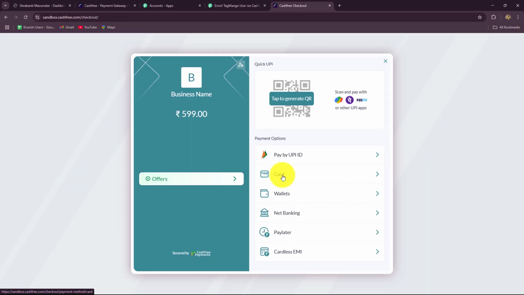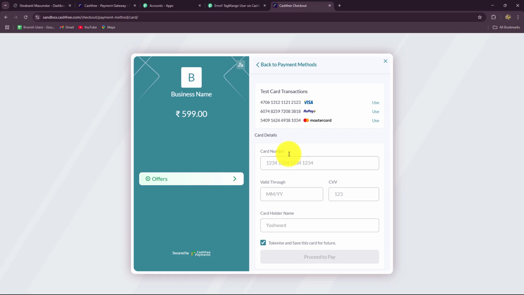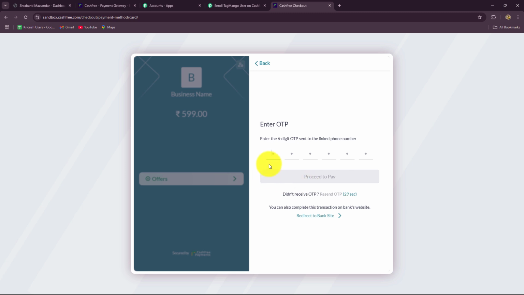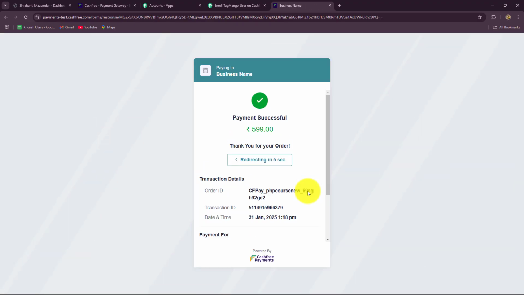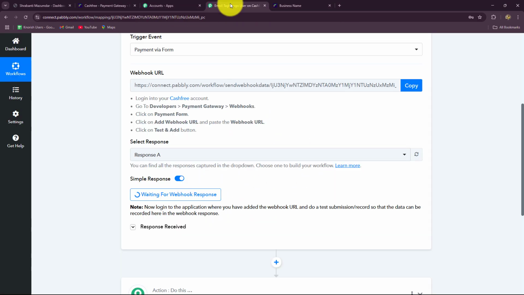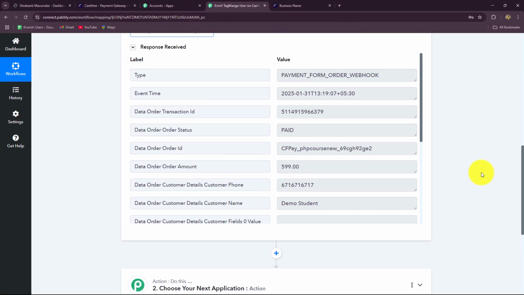And now here we have the multiple options which we have to select to make the payment. So I'm going to use the card to make the payment. And here, because I'm making a test purchase, I'm going to use the dummy card details over here to make this payment. So I've entered the dummy card details, and I'm going to click on pay now. And as we have done that, now I'm going to enter a random OTP. As soon as we have done that, the purchase is made successfully, and now I'm going to take you back towards Pabbly Connect, and you can see that the response is